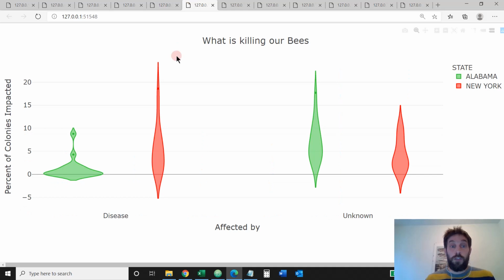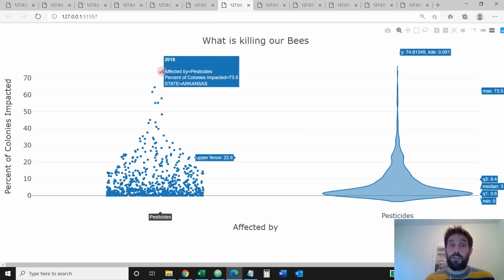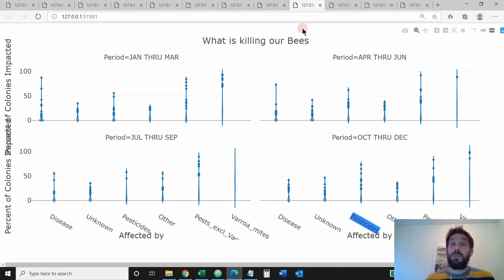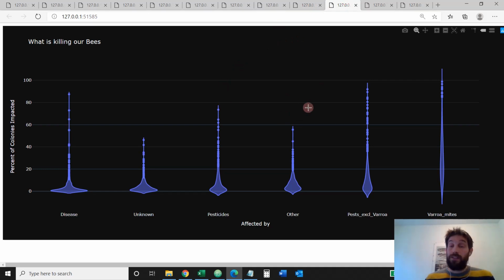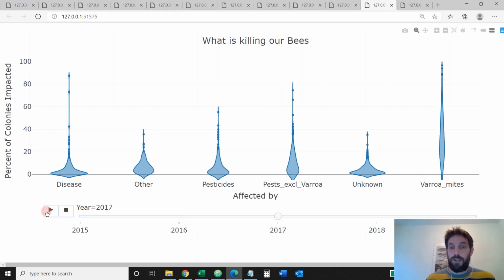We'll also learn how to change the colors according to the colors that we want, how to change the hover of the jitter plot, so you can also see all this text inside the hover and change that text. We'll also look at how to create different rows and create our violin plots in columns. We'll also look at the template, so we can change the template in the background and other things in the template. Also an animation, so you see how every year the violin plots will change, so that's a nice comparison